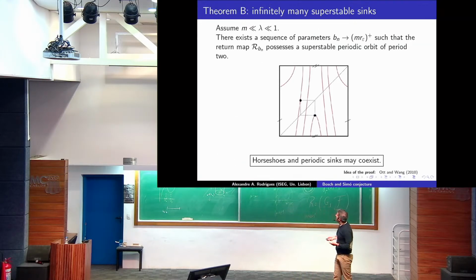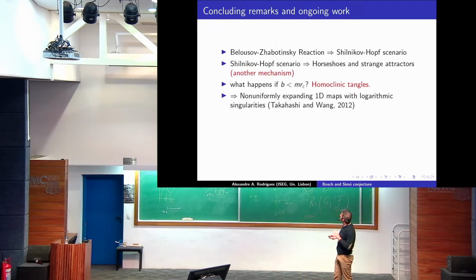So it's an open problem. I guess that the result is the same, but the proof can't be done using the same techniques. My guess is that the proof should be done using this result, because here I have a logarithm singularity. The first return map has a 0. When the first return map has a 0, you should be careful.